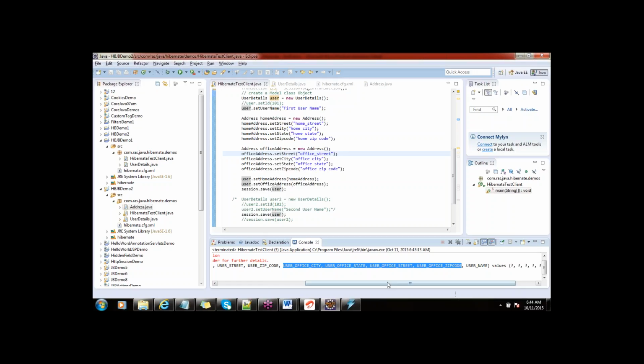Okay. Embed second, Hibernate is trying to columns, which address, that is,